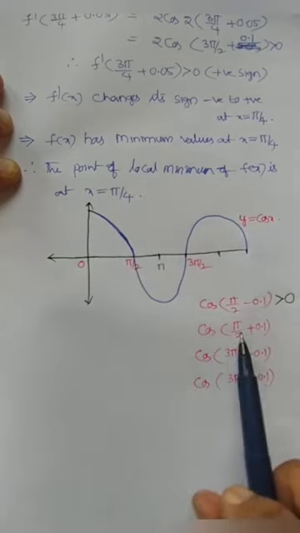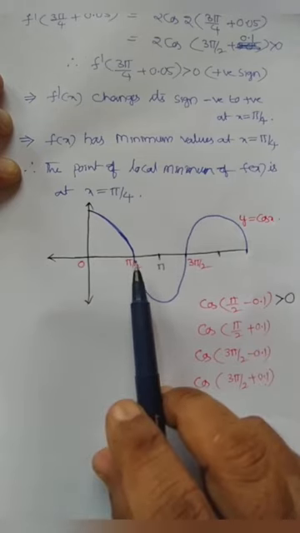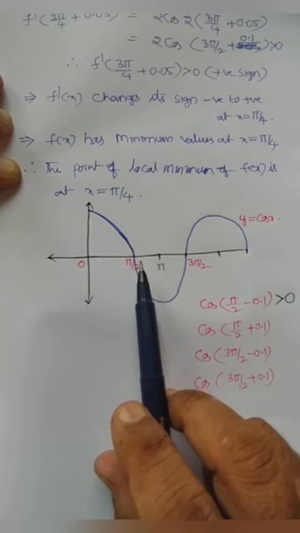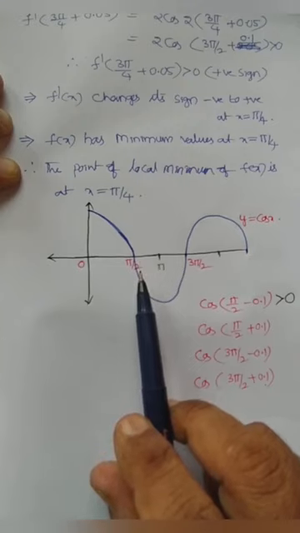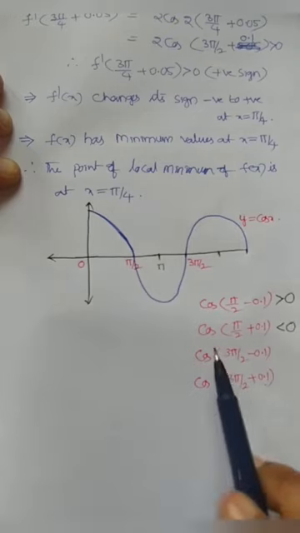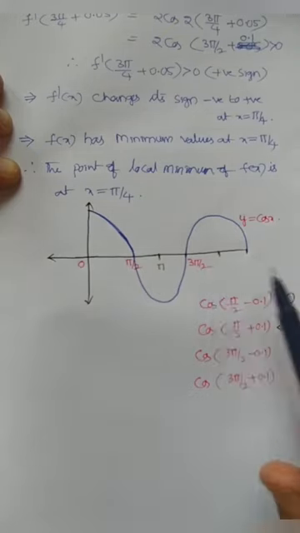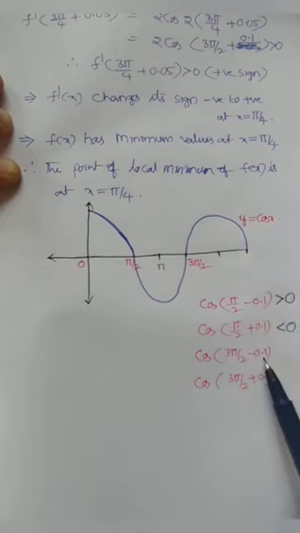So now observe. Pi by 2 plus 0.1, what is it? After pi by 2, here. So where is the curve? At the negative side. So it is lesser than 0. And similarly, at the point of 3 pi by 2 minus 0.1,